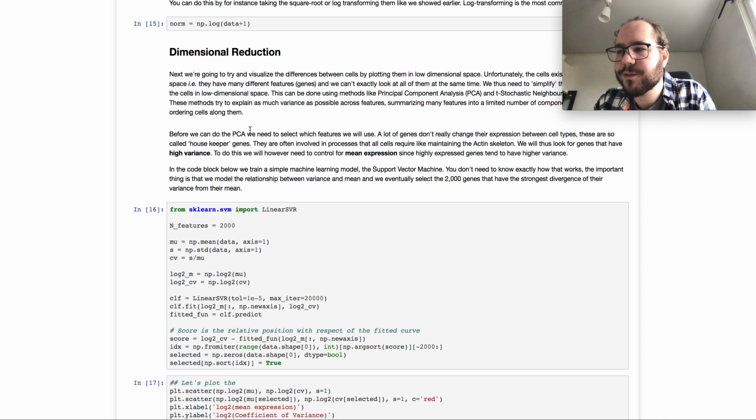If you have two genes, you could plot expression of one gene on the x-axis, expression of another gene on the y-axis. But when you have a very big data set with 20,000 genes, for instance, you cannot do that. So you cannot compare all of this. But many genes will be, in fact, going up and down together because they are part of the same gene module or the same